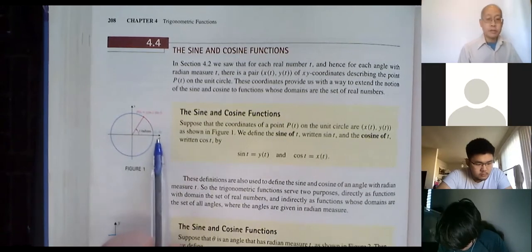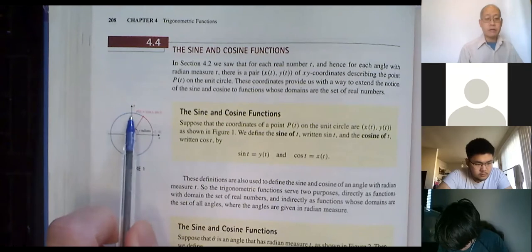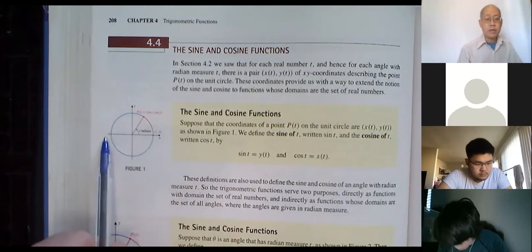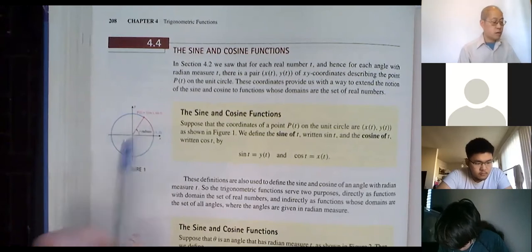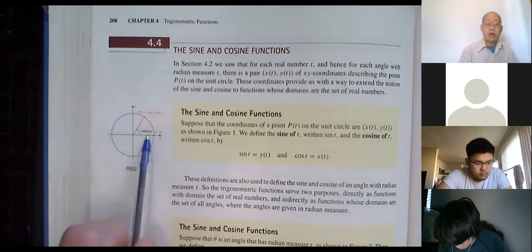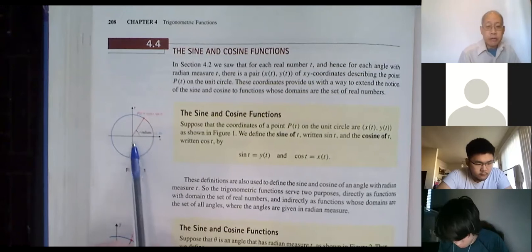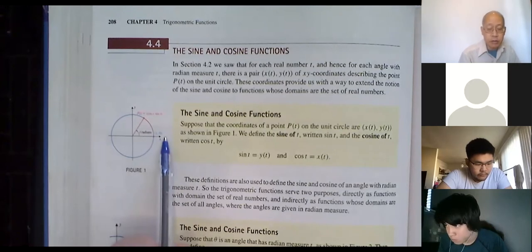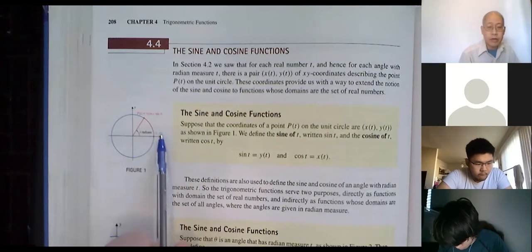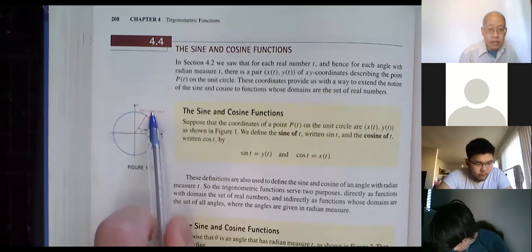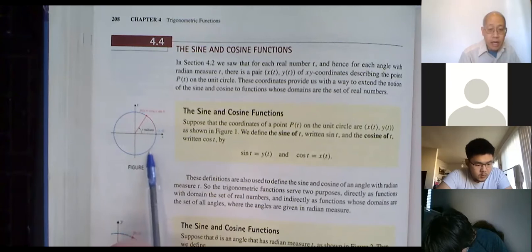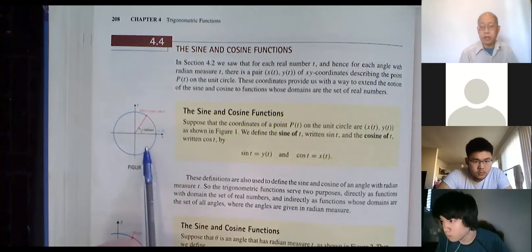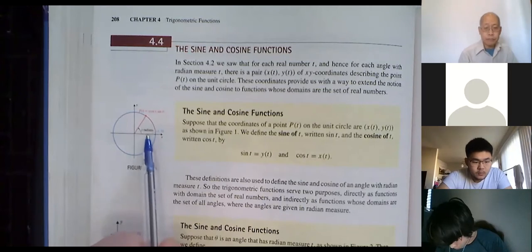So this is the point 1, 0. They don't label it here. That's 0, 1, negative 1, 0, 0, negative 1. Okay, and if you have an angle in standard position, this direction is considered 0 degrees or 0 radians, and positive is this way, counterclockwise. If you go clockwise this way, that's considered negative. Why? We said so. We all agreed that's what we do.